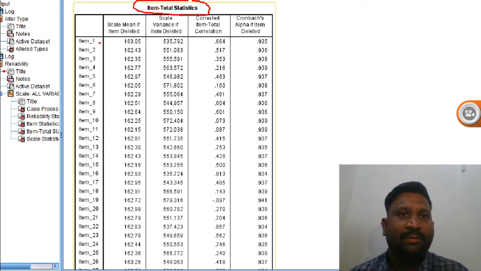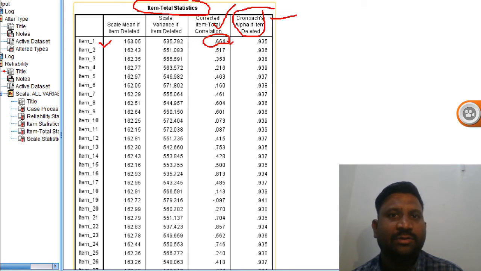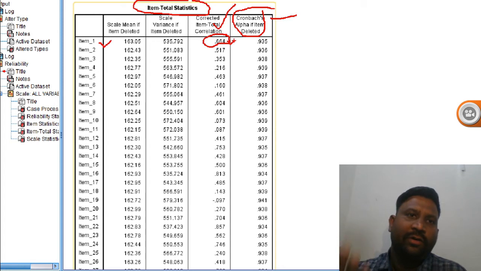Item number 1, item total correlation, this is the column, 0.664. Cronbach alpha if item deleted: we will discuss this Cronbach alpha in a separate video. The link you will find at the I button above. Here you can see item number 1, point biserial correlation 0.664, which means this item is contributing towards the overall score.